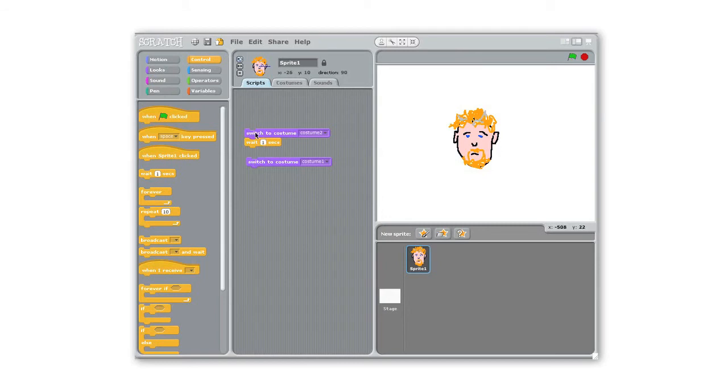So purple has something to do with the way it looks or appears, and this wait stuff has something to do with what the program does and when. All these control elements. So I'm going to stick another one down here. They kind of have a rhythm, right? Switch to costume 1, switch to costume 2, wait a little bit, and I'm going to snap them together. And now when I click on them,